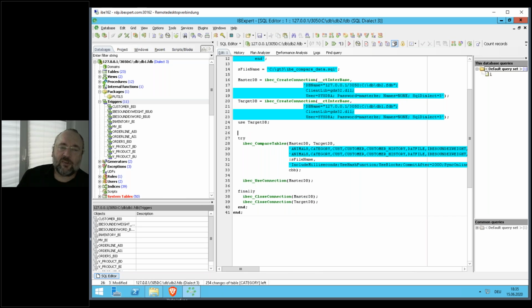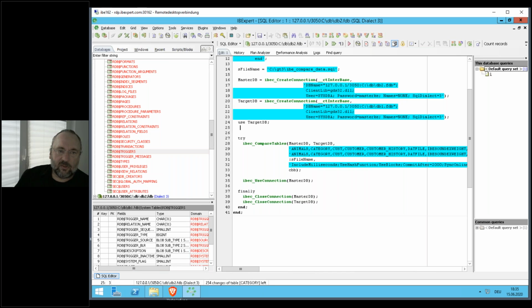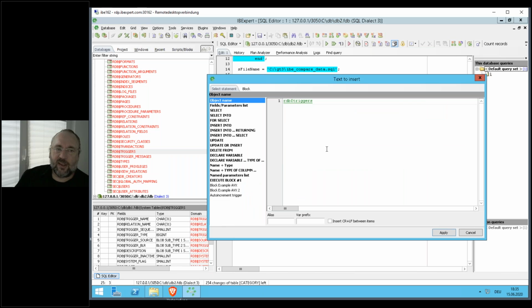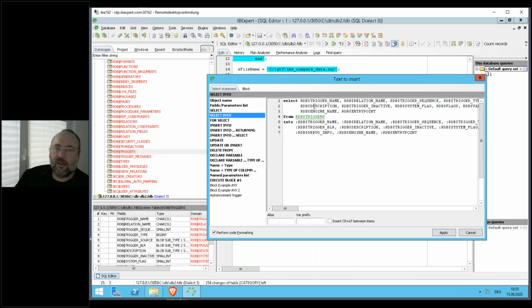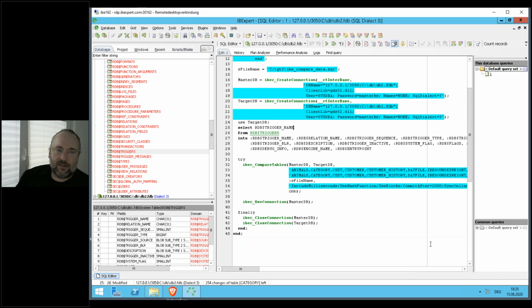But a very different version is also possible, really easy to understand. For example, if you are calling such a statement, such a script functionality later, you can also do the following. We have the system table, IBExpert triggers. And IBExpert triggers contains all the triggers that we have inside our database. So if we say select IBExpert trigger name, everything else is not really needed. So we simply can remove everything else